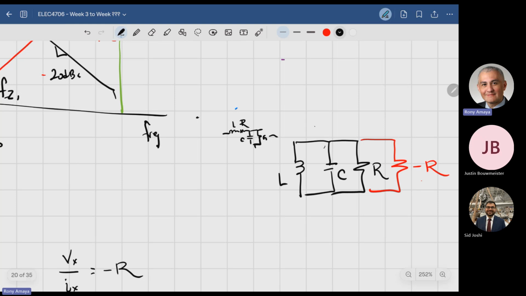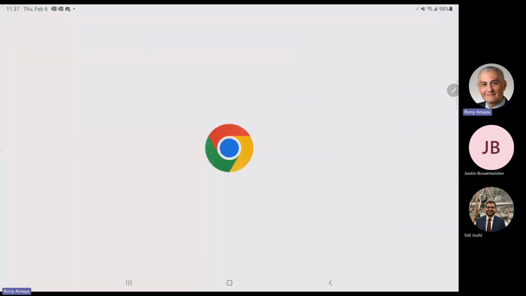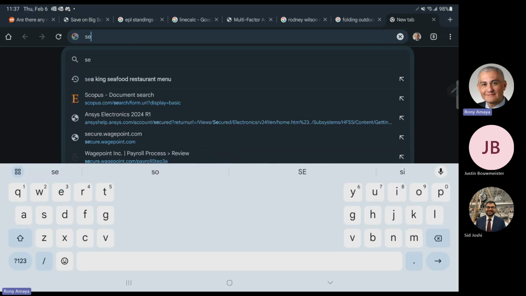And then you could say, well, why is it that you have a series component and a shunt component, and you're basically lumping it all into a parallel component? Because it is possible, and I will show you, it is possible to actually do series